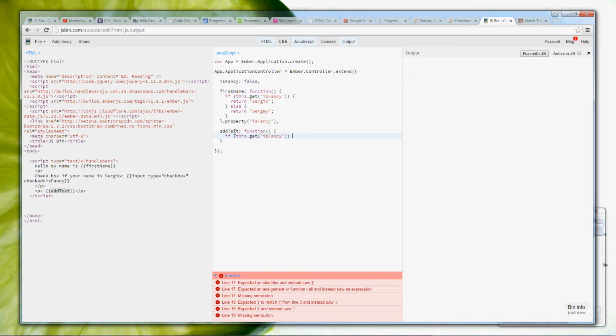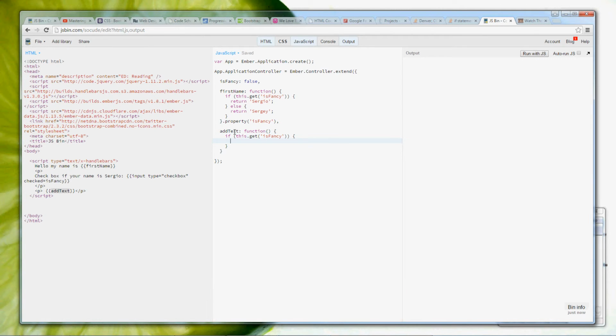We will do something like return, you have changed your name to Sergio. Period. Okay, and we would need an else statement here that will say,